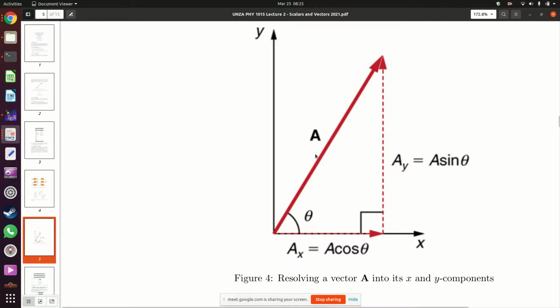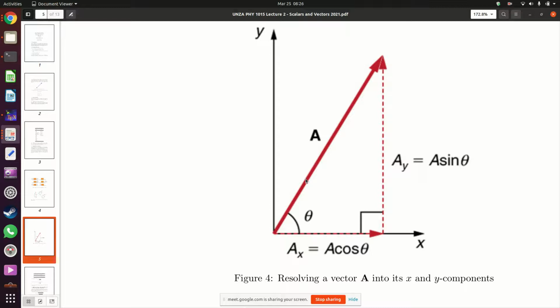So what we are interested in when we're working out what is Ax, the x component of A, and what is Ay, the y component of A, is the size of vector A along this x direction and the size of vector A along this y direction. That's what we want to find out. We want to find out how much vector A is along the x direction, how much vector A is along